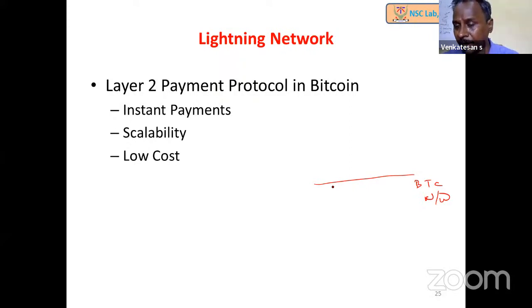So what they have done is, because we want to make the transactions much faster. For example, if we say GPay or any UPI payment, we make it immediately. And if we are going to apply blockchain technology to that, we have to wait for a long time to get the transaction confirmed.